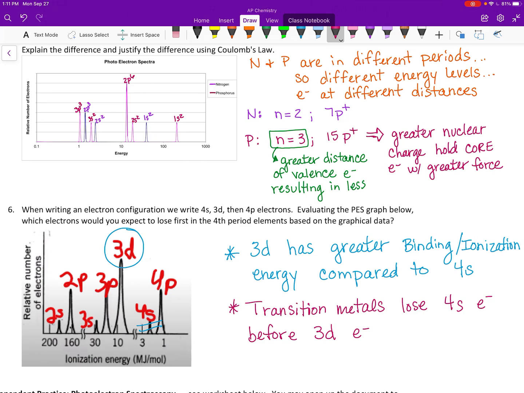And so in how they fill, they'll fill in the 4s first and then the 3d, but a lot of times when we're losing them, they'll lose from the 4s first and then from the 3d. It's a little oversimplified. There's some other stuff that kind of goes on with them, but that's just something to keep in mind if you're asked about electron configurations for ions, that we're seeing the loss of electrons from the 4s before the 3d or from the 5s before the 4d. So just something